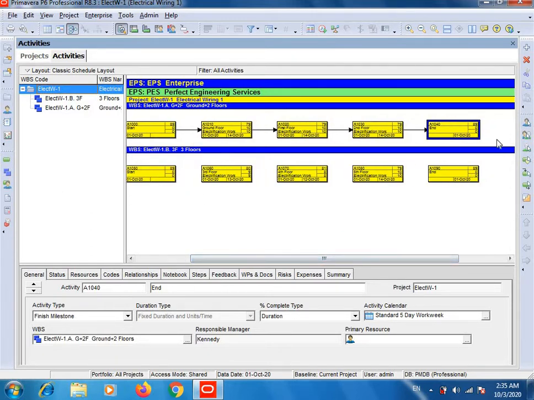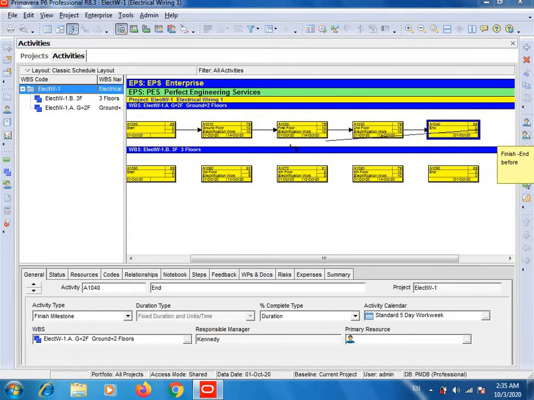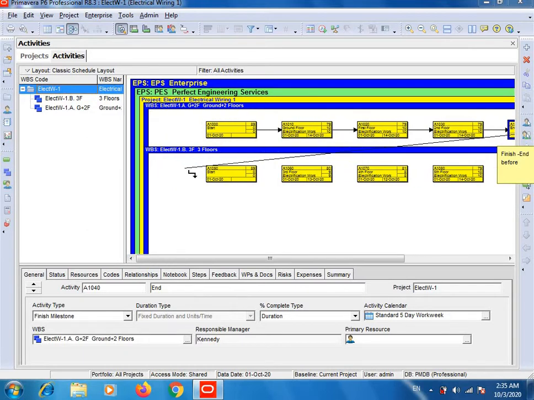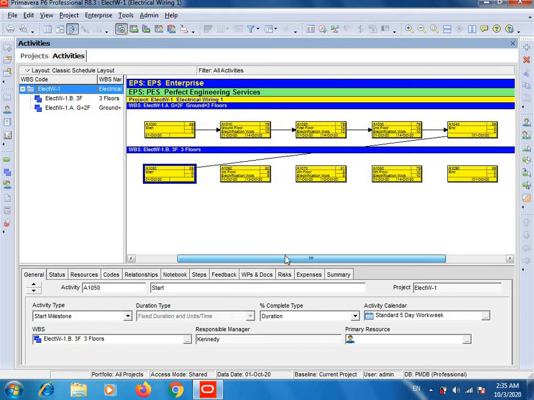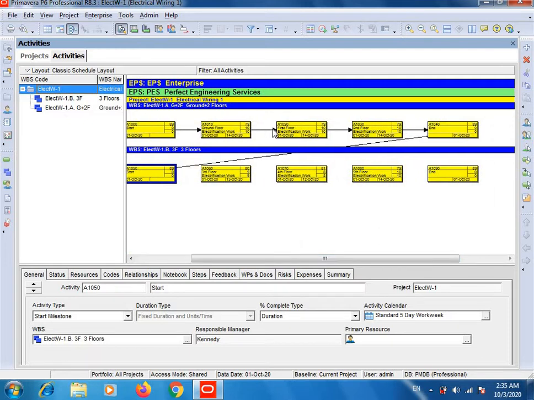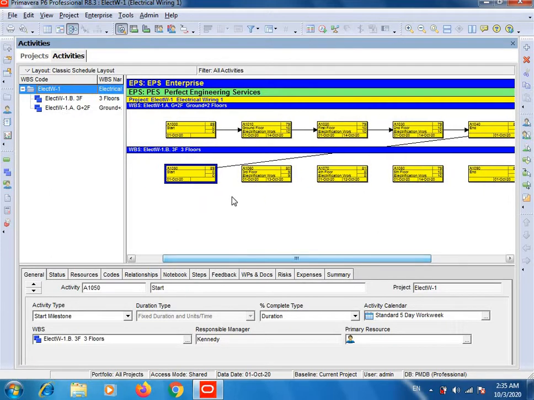So I will put my mouse cursor here, click, hold the click, and connect here. It means that when these activities complete, then after this these activities will start.